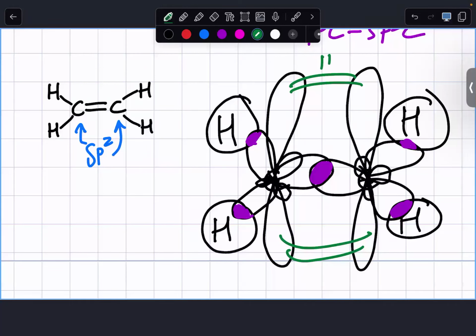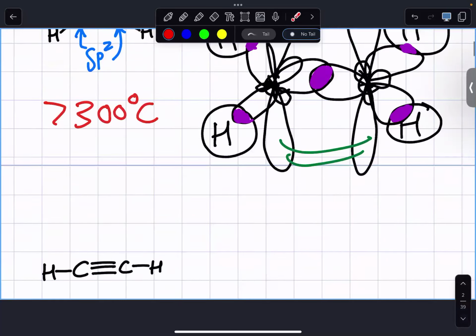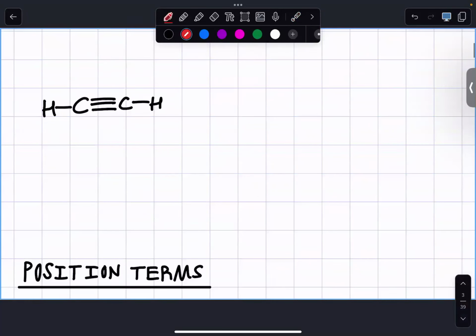So this is a pi bond between two p orbitals, which cannot be rotated unless you are above 300 degrees Celsius, but that is rare. Okay. And the purple ones are the sigma bonds. Okay. And then this is 2 chapters ahead, like the alkyne chapter, but this relates to the thing we just did,